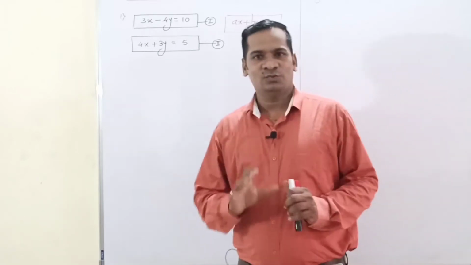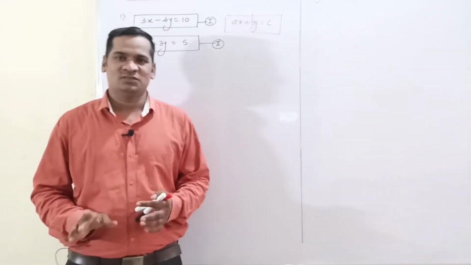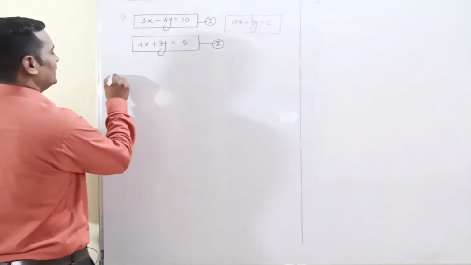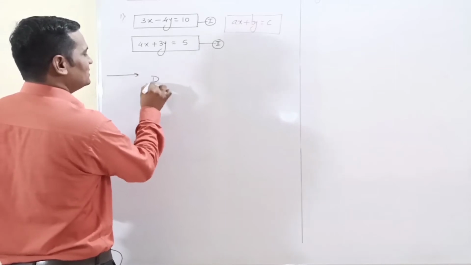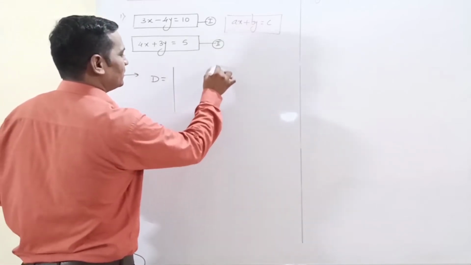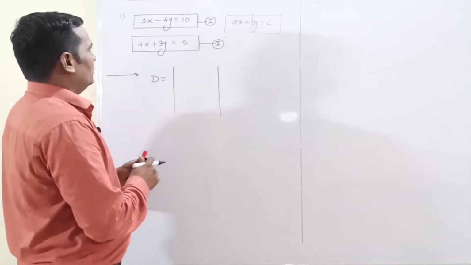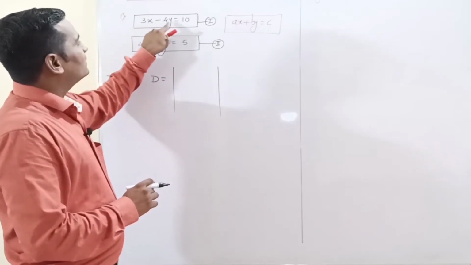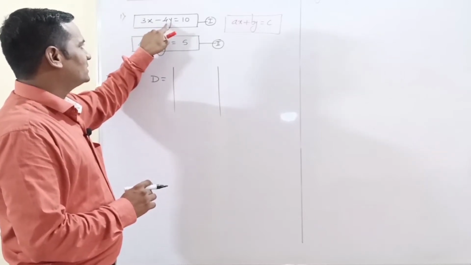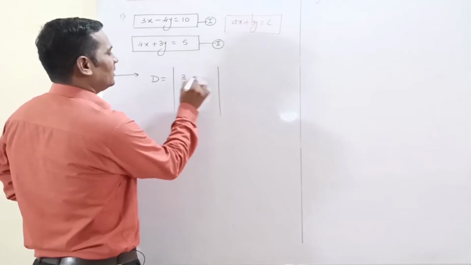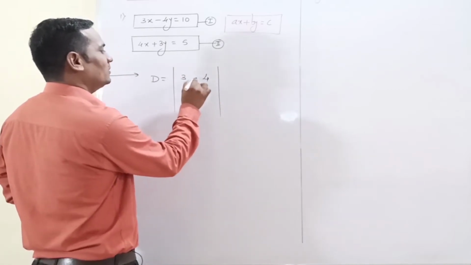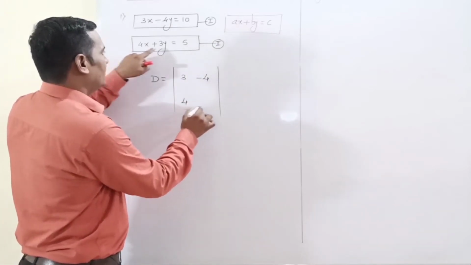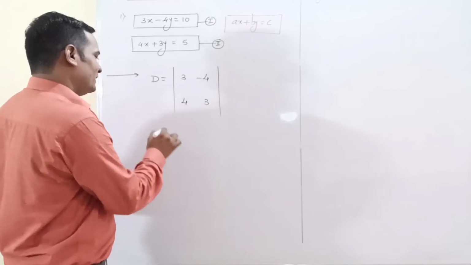First of all, to solve this simultaneous equation by using Cramer's rule, we have to find the value of d. And how to find the value of d? Just look here, d is equal to, so let's take the determinant like this. In case of d, we have to take the coefficients of the first and second terms of the first equation. So we will write 3 and this 4 will be as it is, but mind well, this is minus 4. Now the second row will be 4 and this one is 3. So this is the determinant.